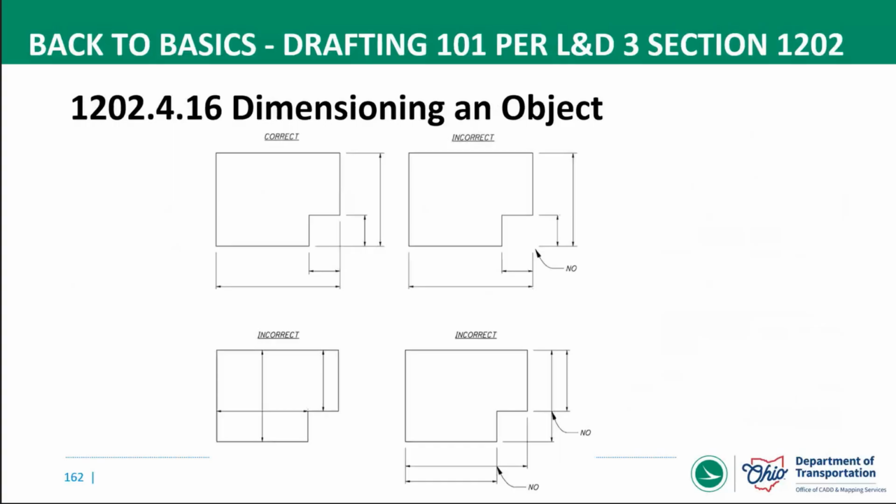So this section is talking about crossing dimension lines. It was talking about how extension lines should not be broken, like I had said before. Lines should not be centered at object edge lines. I can't remember what that one was referring to. And crossing extension lines is acceptable, but really what's trying to be conveyed here on this object on the right